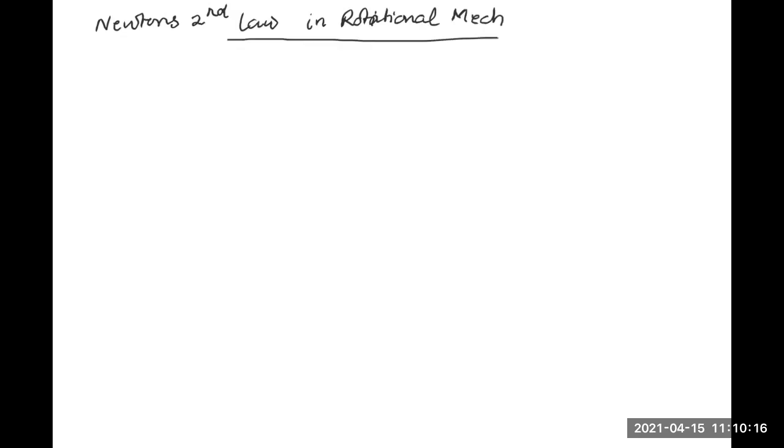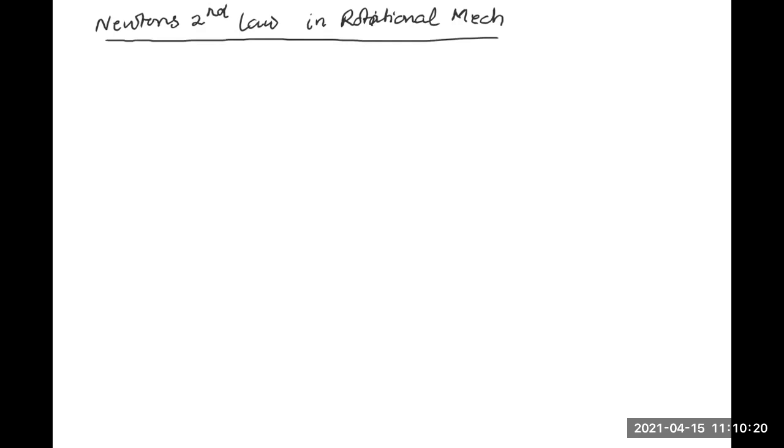So what we want to talk about is, moving ahead, Newton's second law. Although I have already done so, we want to talk about Newton's second law, rotational mechanics. Kinematics जो है वो इसके बाद करेंगे, ठीक है ना? Do that in the next.